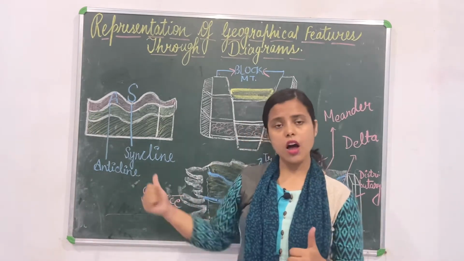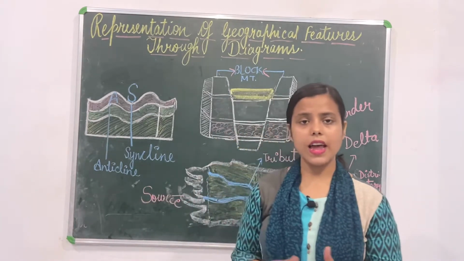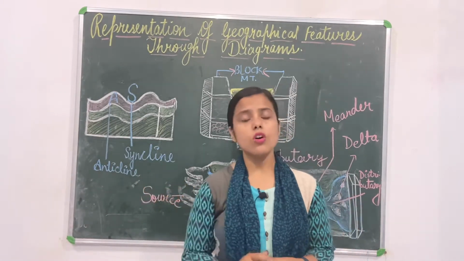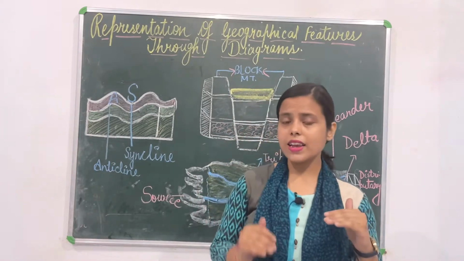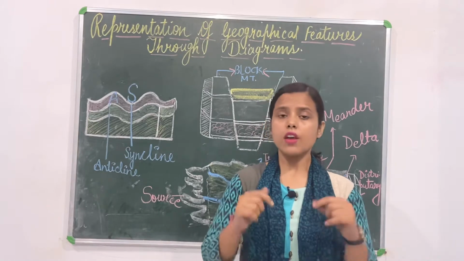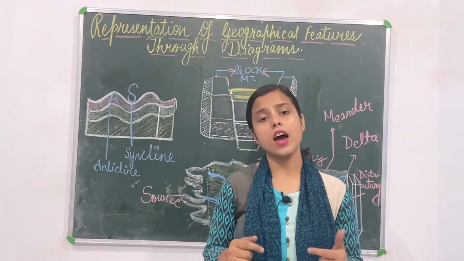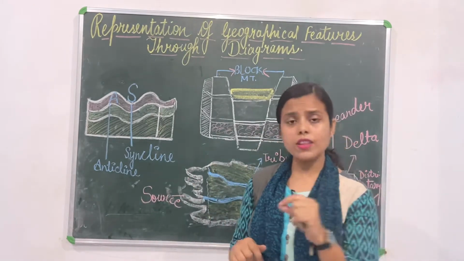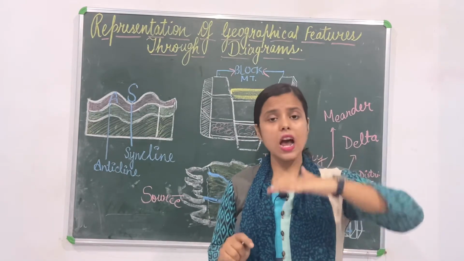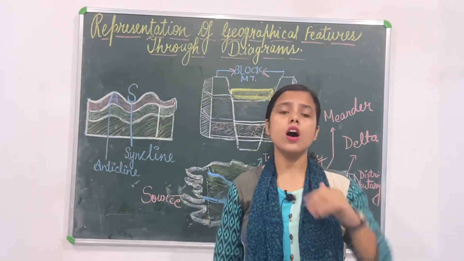Let us study our first diagram. Our first diagram is showing us anticline and syncline. Why is it said as anticline and syncline? It will be very easy for you to understand or learn the definition of this if you understand the concept behind how anticline and syncline are formed. Before starting, I would like to tell you that beneath our earth, due to compression, there is movement inside our earth crust.